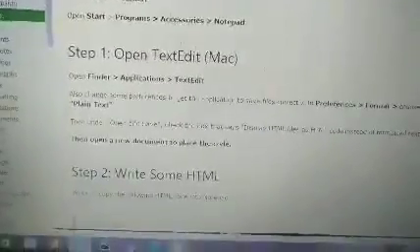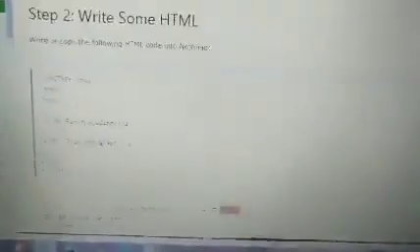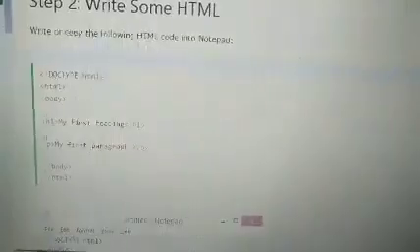Step 2. We have chosen the Notepad, then what we have to do is write the HTML code. We have written it, but it is untitled. Why is it untitled? Because we have not saved it yet. Then we have to click on the File section of the Notepad. See here, the File section is there.